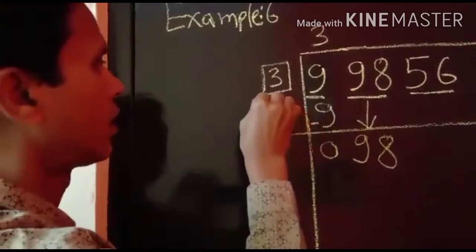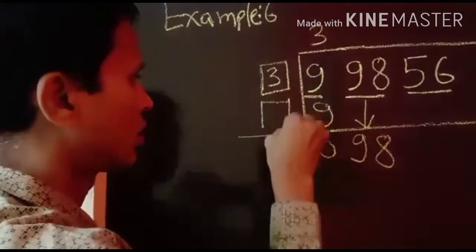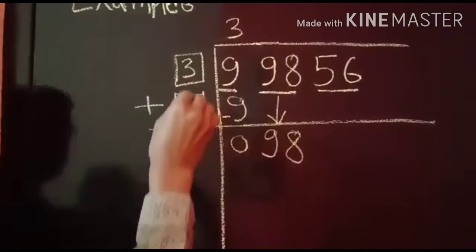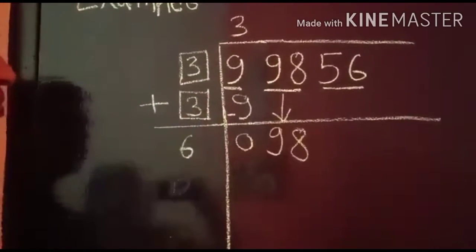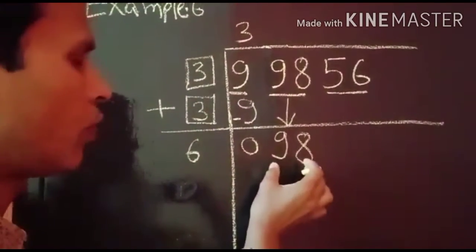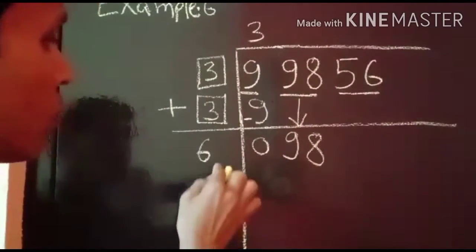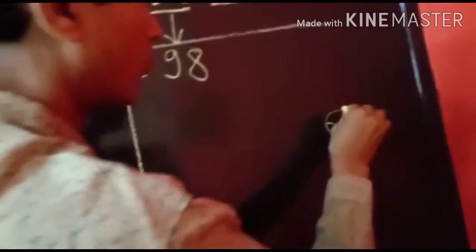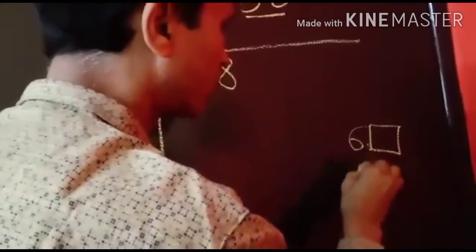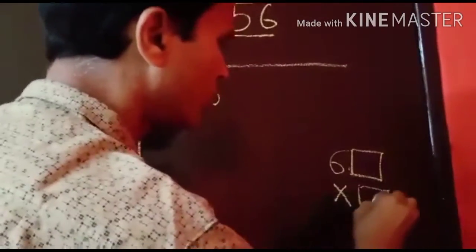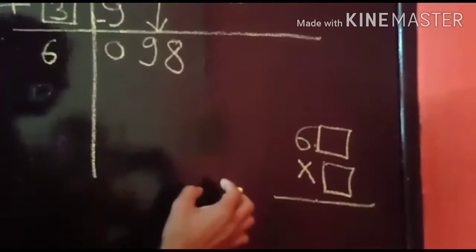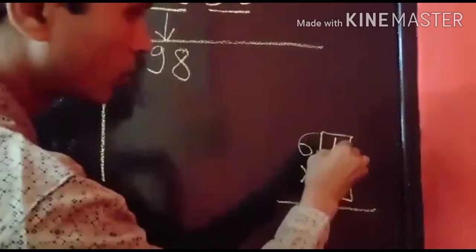Second one, the second period, that is 98. And on this side, as I told in the previous question also, once again you write 3 and add these two. So this will be 3 plus 3, 6. And now we have to solve for 98. So 6 is here. We have to write one digit here and multiply by the same digit. It should be exactly 98 or less than 98. So we will try. First we write 1.